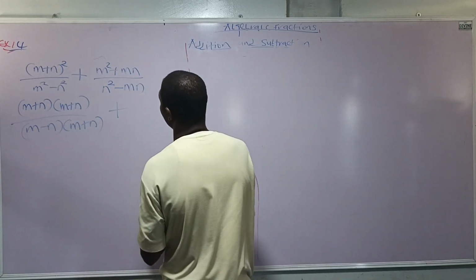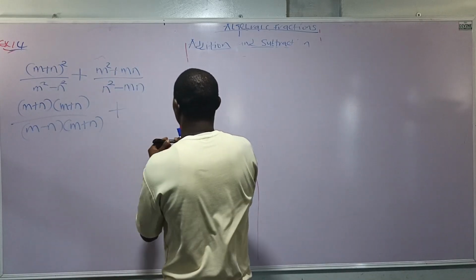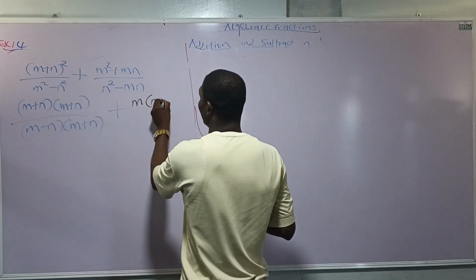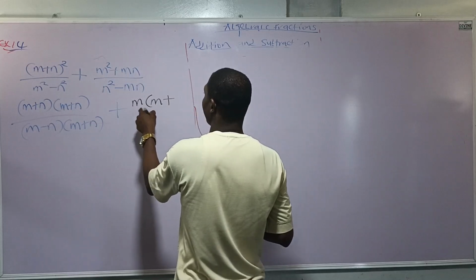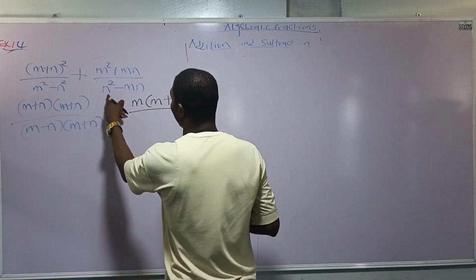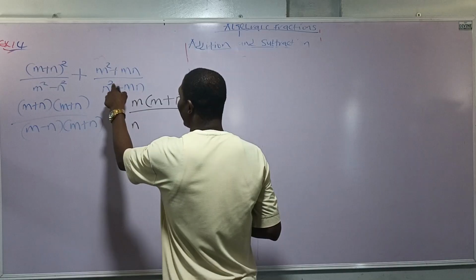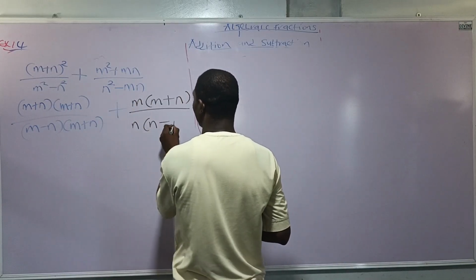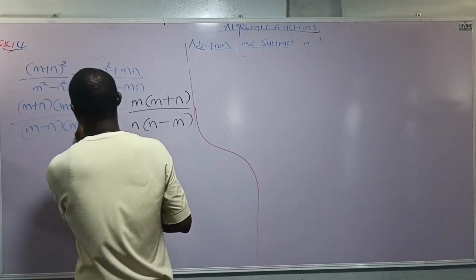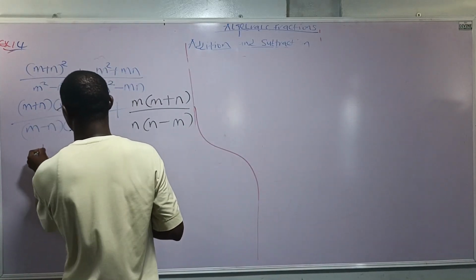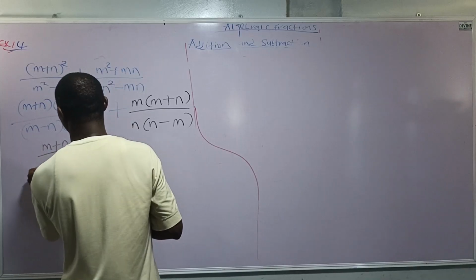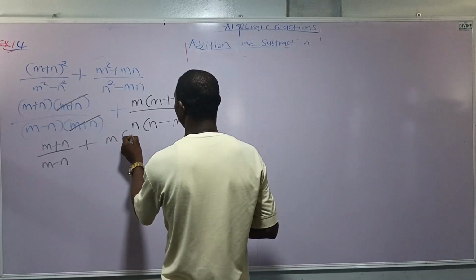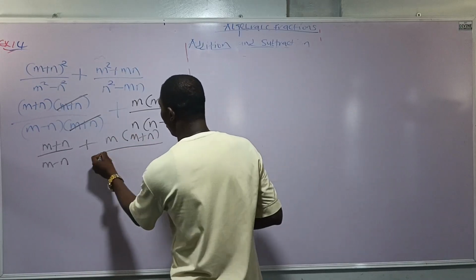We see that m is common. We have m(m plus n), since m squared divided by m is m, and mn divided by m is n. Then n is common in the denominator: n squared divided by n is n, and mn divided by n is m. You can simply see that this can cancel this. And I'll have m plus n all over m minus n plus m(m plus n) all over